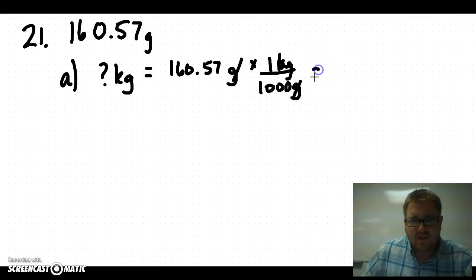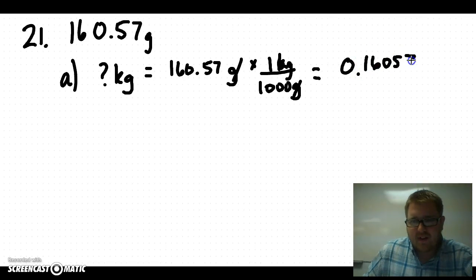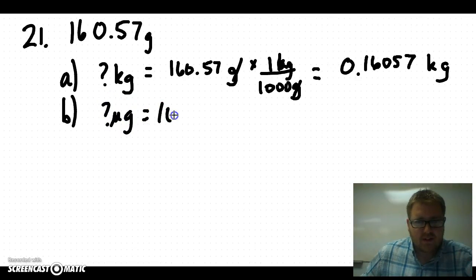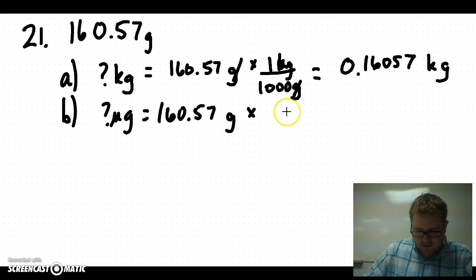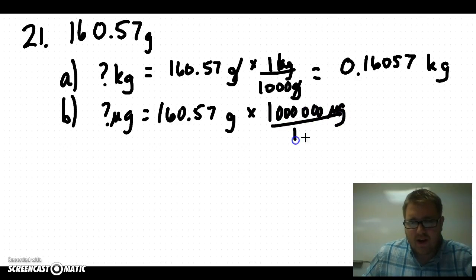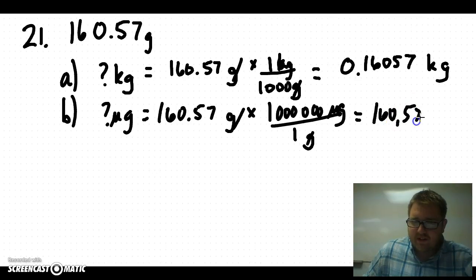Grams cancel out. 160.57 divided by 1,000 gives me 0.16057 kilograms. For part B, we want to go to micrograms, so same idea. 160.57, our given value, times our conversion factor. There are 1 million micrograms in a gram. So let's put 1 million on top, grams on the bottom. They cancel out. We get a huge number, 160,570,000